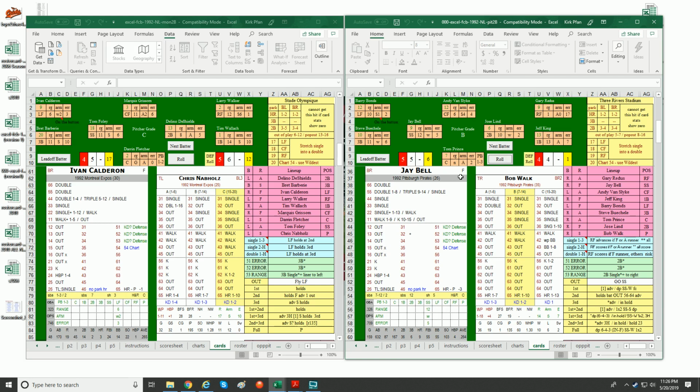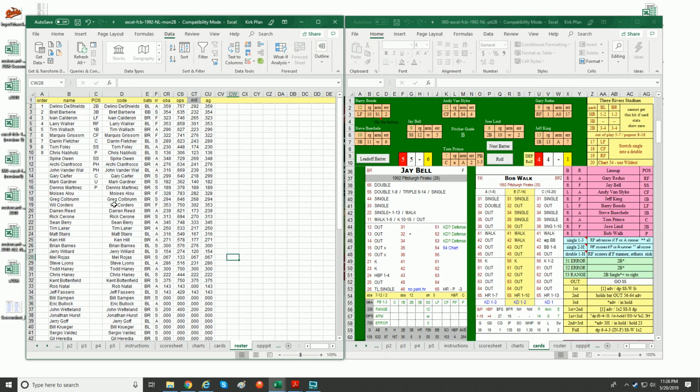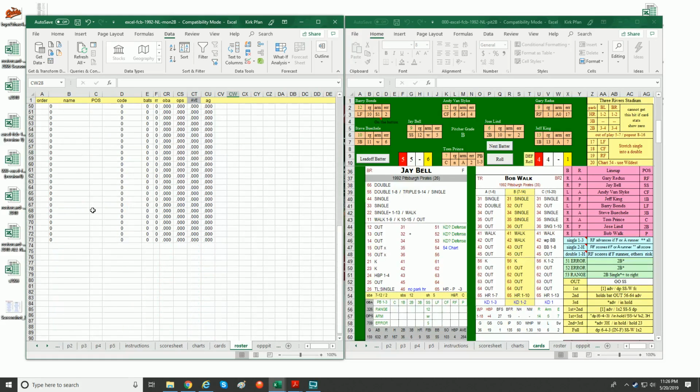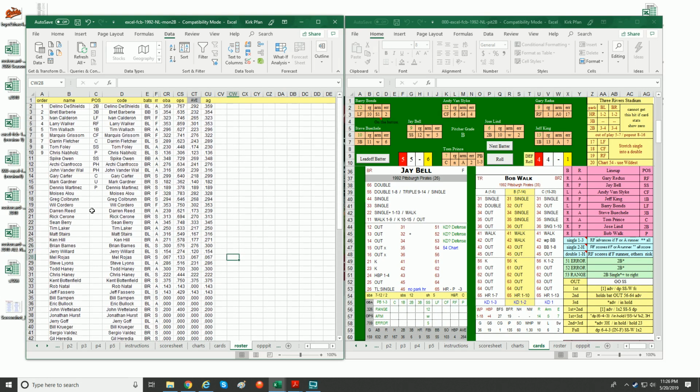And a double. In play, double. And scoring, it's now 4-0. And Chris Nabholz will be done. We are going to be making a call to the pen. Call to the pen. Who is going to come in? Well, that's going to be